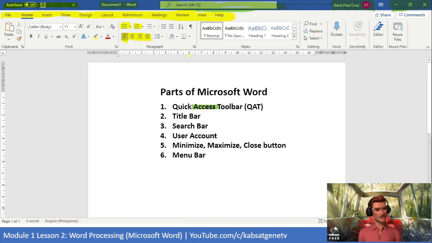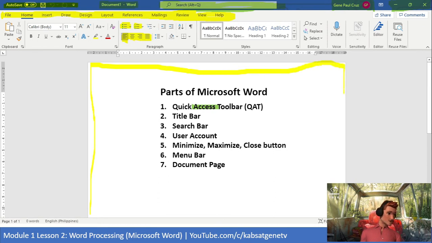Let's just wait. And we also have the document page. The document page is your work area. It is where you type in the data. So this is your document page. And we also have the ruler. So for the ruler,